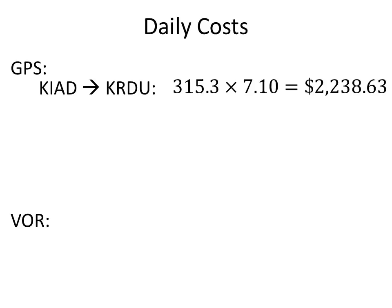Okay, so now we got to figure out costs. All right, so we need to figure out the daily costs because when I fly my flight, and the reason I had to look up both airports is because I'm going to fuel up at Dulles, fly to Raleigh, fuel up in Raleigh, and then come back. So I have to know what the price is going and what the price is coming back. So I need to add those up. So one trip there, one trip back every day. So if I want to go from Dulles to Raleigh-Durham, that means I have to buy my gas at Dulles. So I take my 315.3, because this was GPS, that was my GPS distance, times the $7.10 that gas costs, and that costs in gas alone